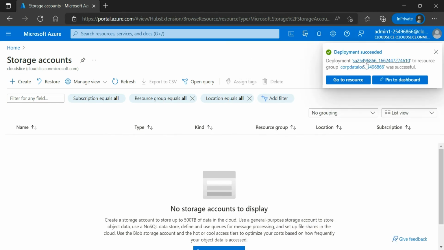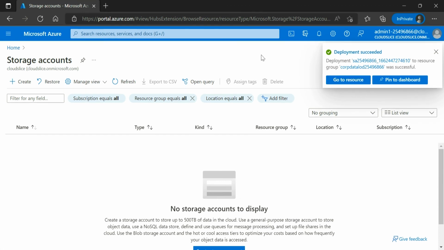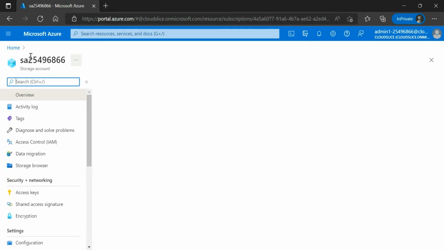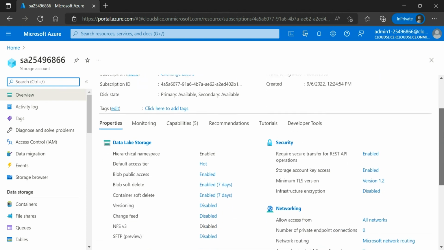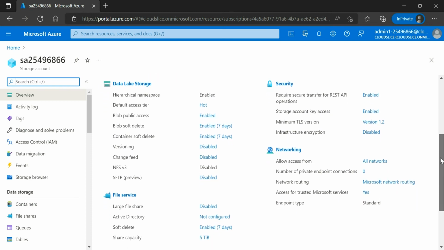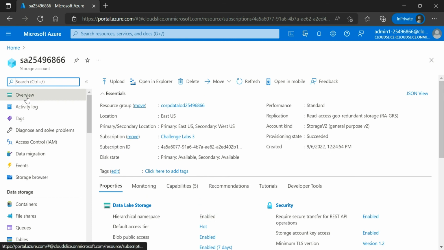Meanwhile, I see now the deployment succeeded. Either way, you can click on the resource, or again, as I mentioned, from home you can access that. So I'll go to that resource from here. Now you can see that my storage account is created. It has my resource group name, the location, the replication, how it should be replicated throughout the regions, and different fields are there. If you go from here to the containers,